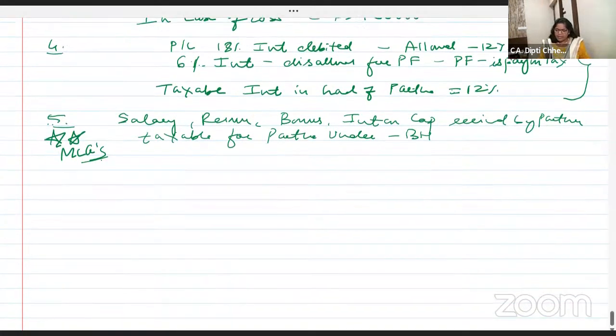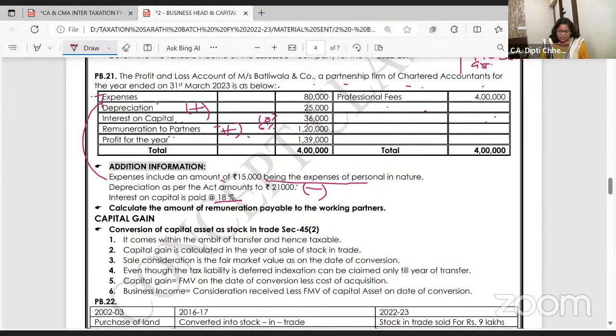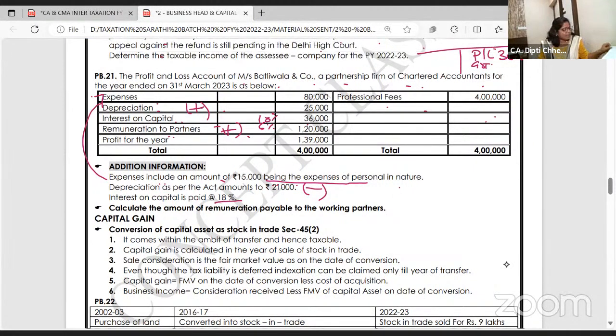हो गया? चलो, let us take up the bottle wala problem once again. I made you write booster notes, तो अगर divert हो गए तो ये देख लो. Professional fees है, depreciation add back करो, expenses में 15,000 personal है तो add back करो, remuneration add back करो. Yes, depreciation as per income tax you can deduct, and then you will get the correct answer. शुरू करें.